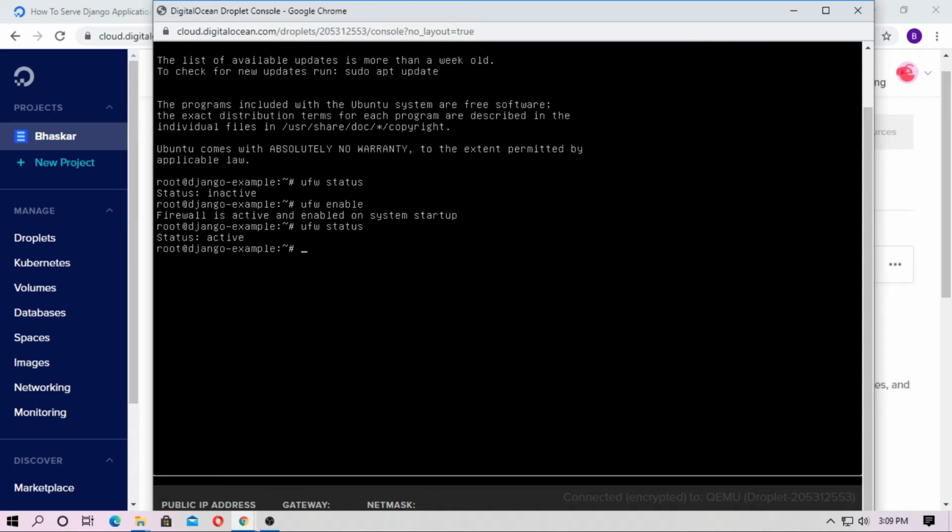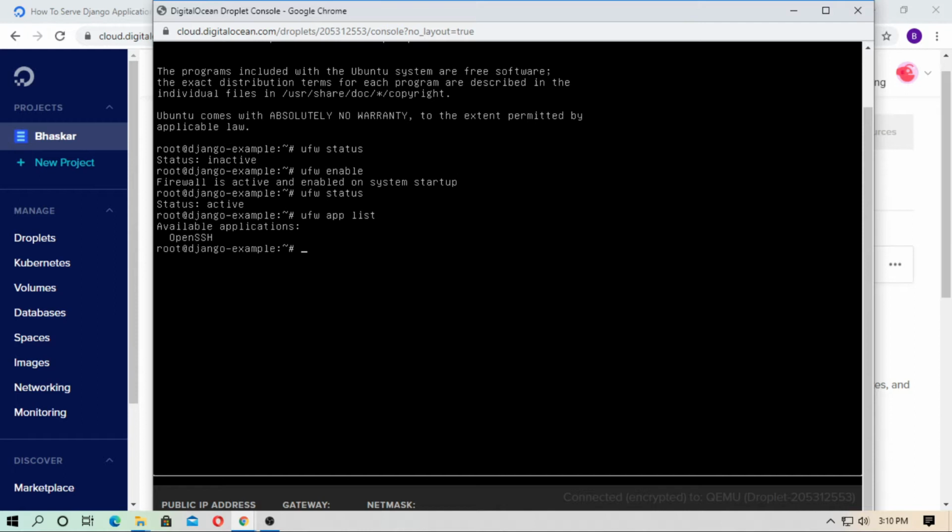Now check the ufw app list. The available application is OpenSSH. You have to enable this application, so just type ufw allow OpenSSH, because I want to access this console from my computer.